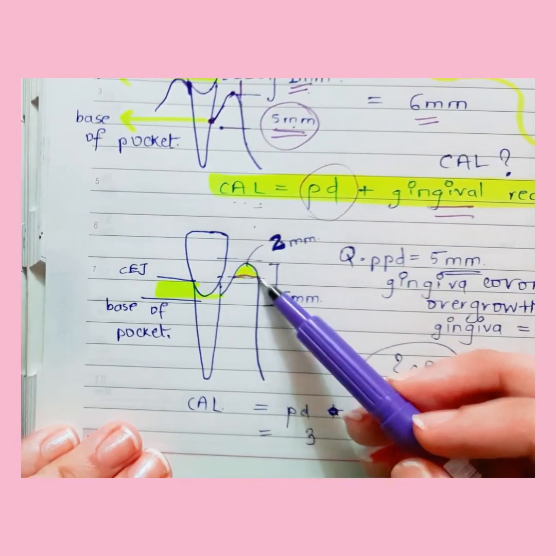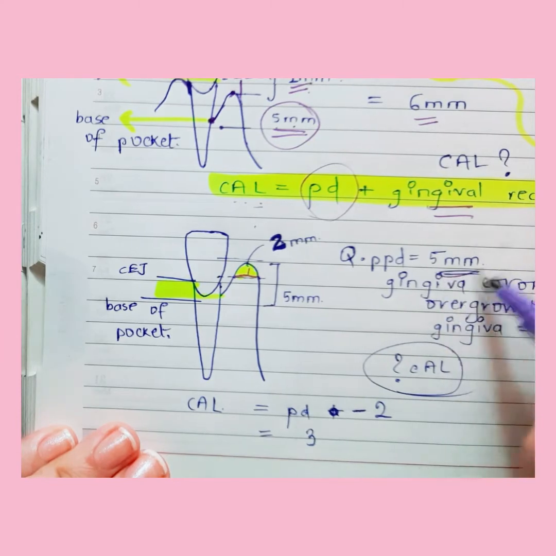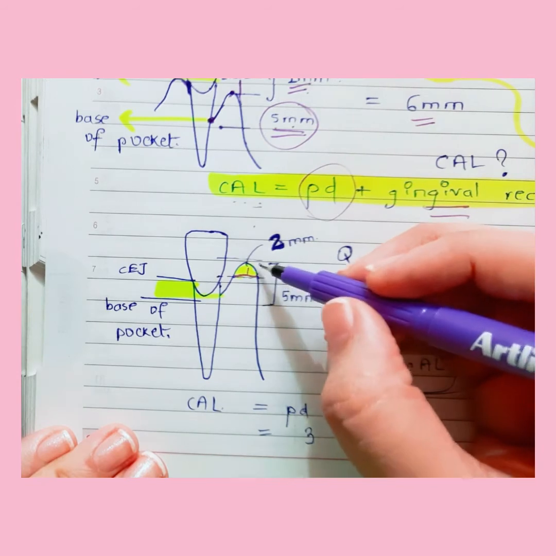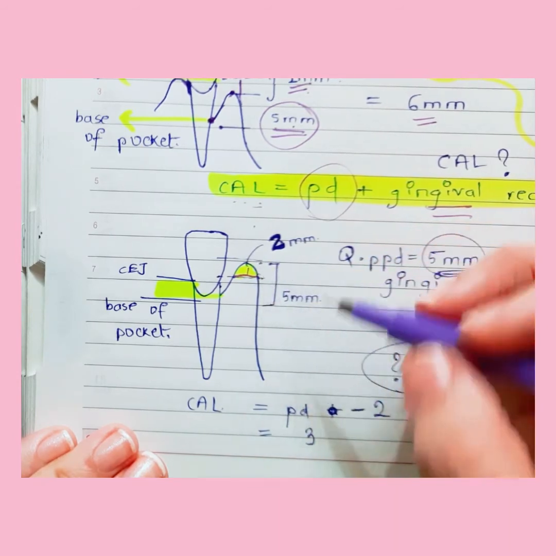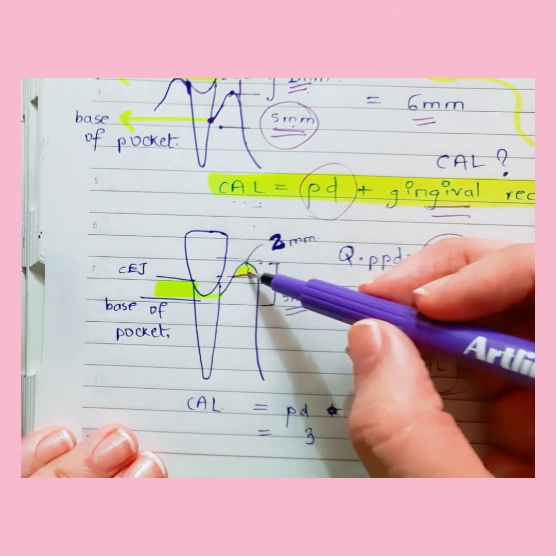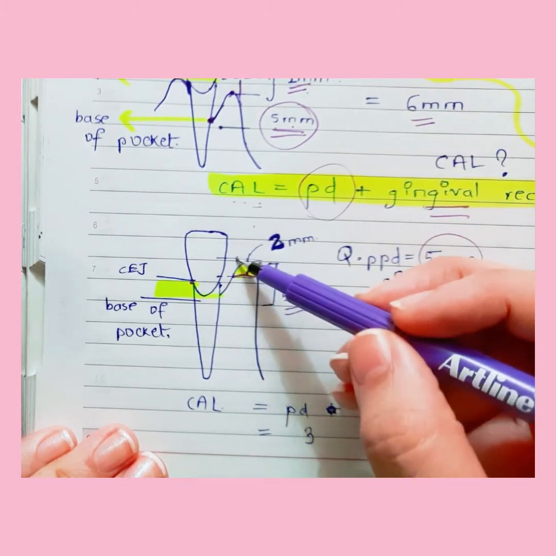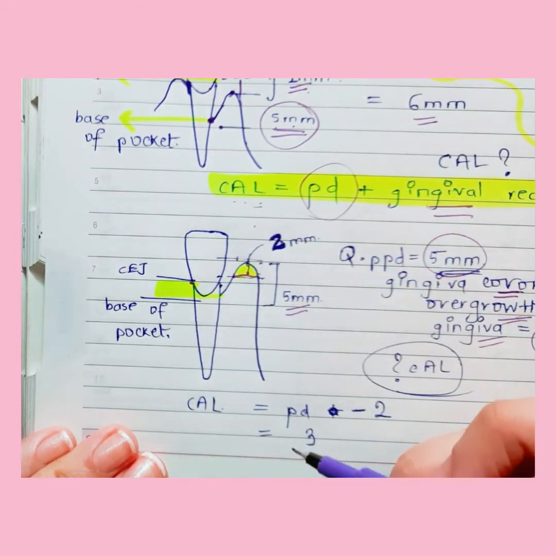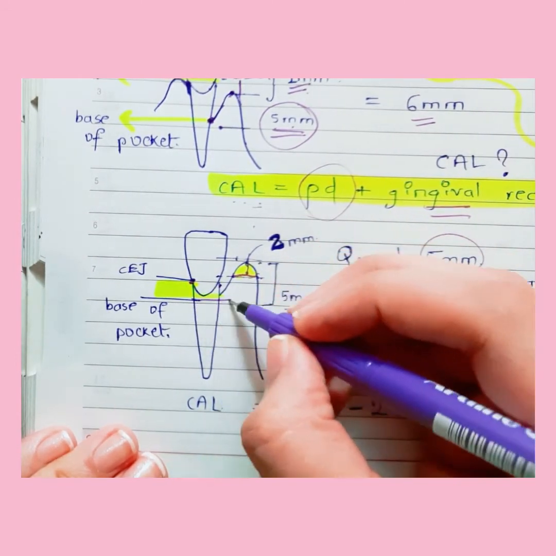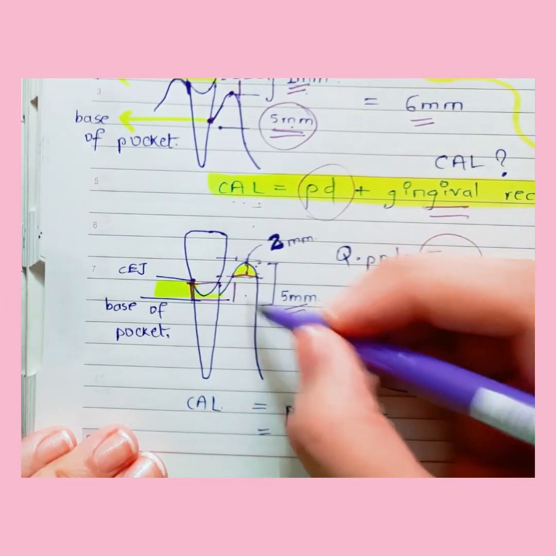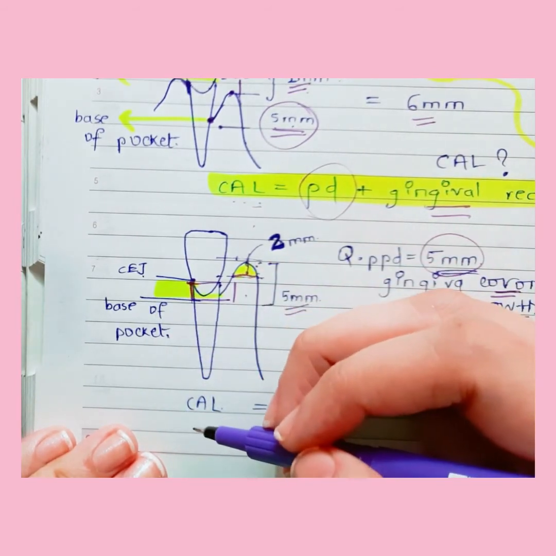If there is overgrowth of the gingival tissue, you'll be given the periodontal pocket, that is the same 5 mm. It can be put like this: the gingiva is coronal, or there is overgrowth of gingiva, that is 2 mm. So there is 2 mm extra gingiva present. The pocket depth is the same 5 mm. There is overgrowth. We measure from the CEJ, which is normally 2 mm more here, and we have to calculate the clinical attachment level, that is from the CEJ till the base of the pocket. So now you can see here, we'll subtract this 2 mm from 5 mm to get the clinical attachment level.